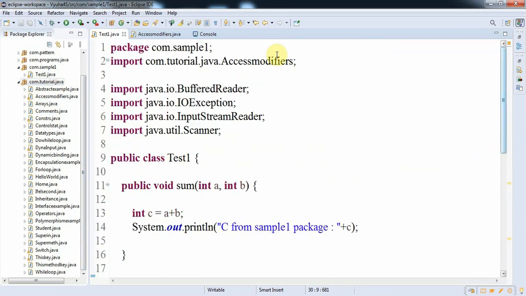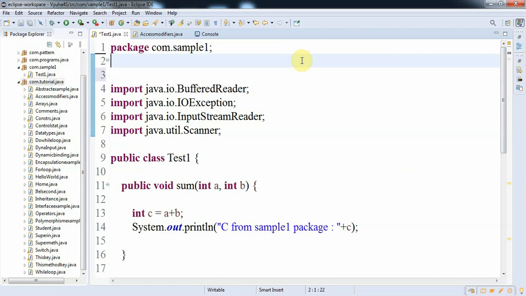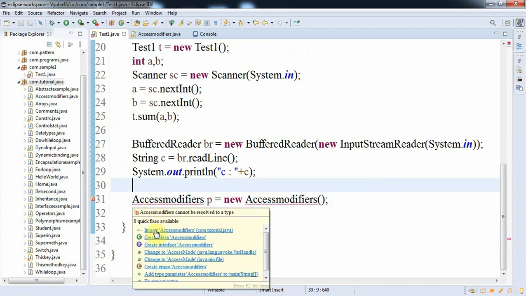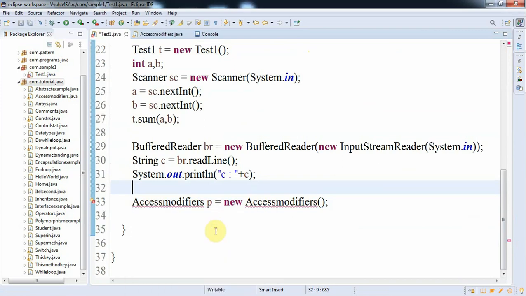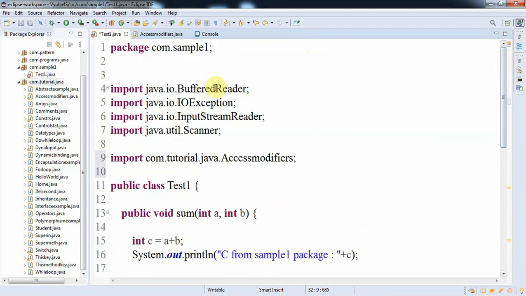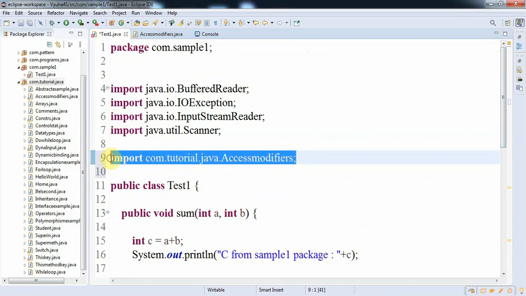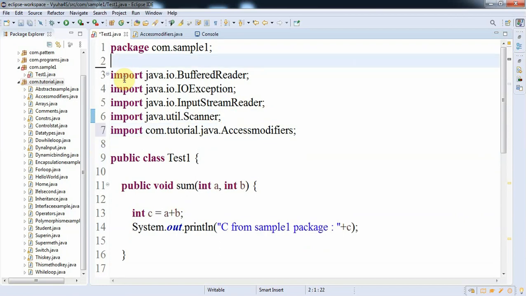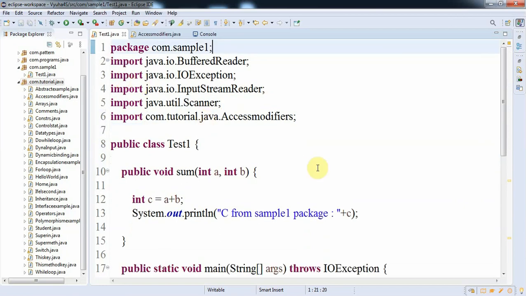If we remove this particular import statement, here you can see it is showing an error. We cannot create an object for AccessModifiers because we need to import it from com.tutorial.java, and when we click on it, it will directly add import com.tutorial.java.AccessModifiers at the top.